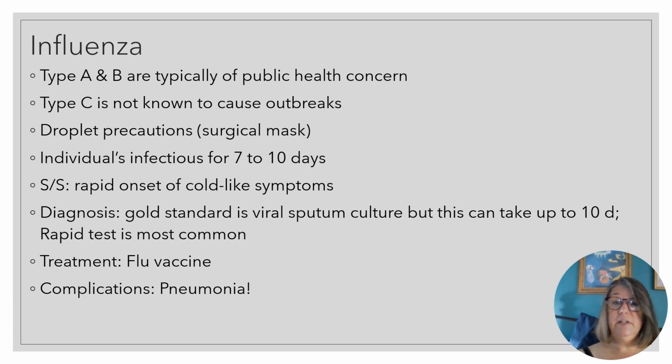We want to get this vaccination before the flu season begins. It takes a little while for the vaccine to start working and for our body to make the antibodies. So about a month or 3 weeks or so before flu season. That's why you see it offered in October. These days they start offering it in September. I disagree with the September, especially for Arizona, because we have a late flu season. But whatever. Just keep in mind it takes about a month for that vaccine to work in our body to